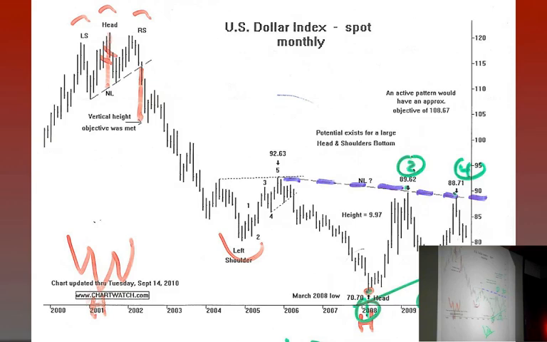So what we can say for sure here is that something big is going to happen, but probably not right away, because we are coiling in here. We're getting tighter in this range, and once it comes out, it's going to go either this distance to the upside or from 89.62 down to this line, that distance to the downside. So we've got something to look forward to. It might be months, it could be 5 or 6 months before that happens. But anyway, it's an interesting chart. We just can't do anything with it right now.